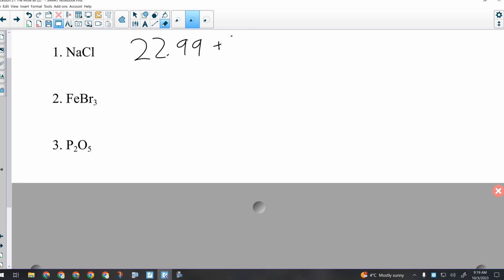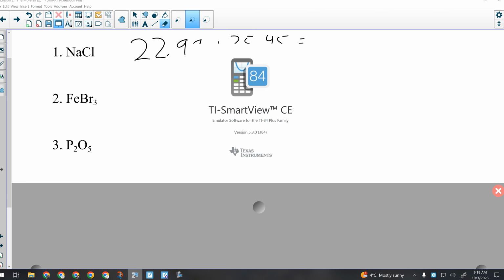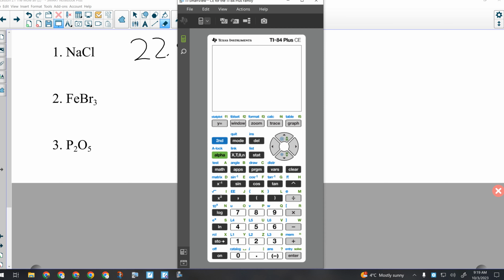Okay, so 35.45 grams per mole. Okay, 22.99 plus 35.45 is 58.44